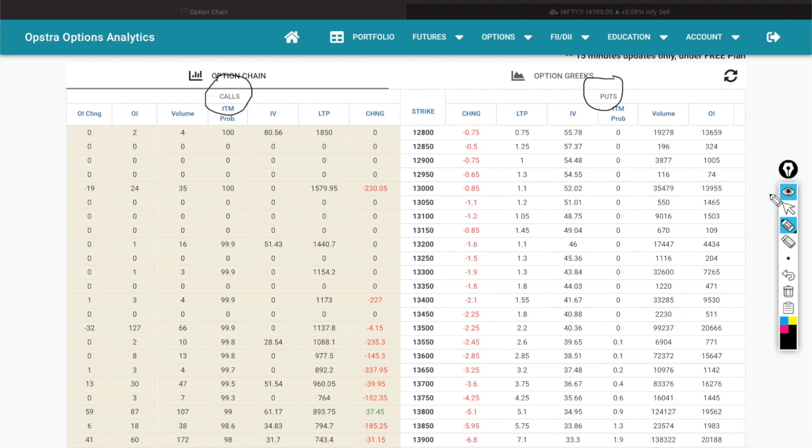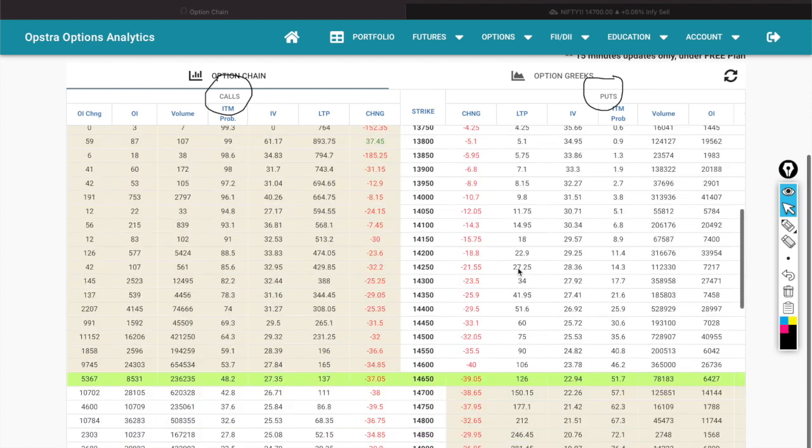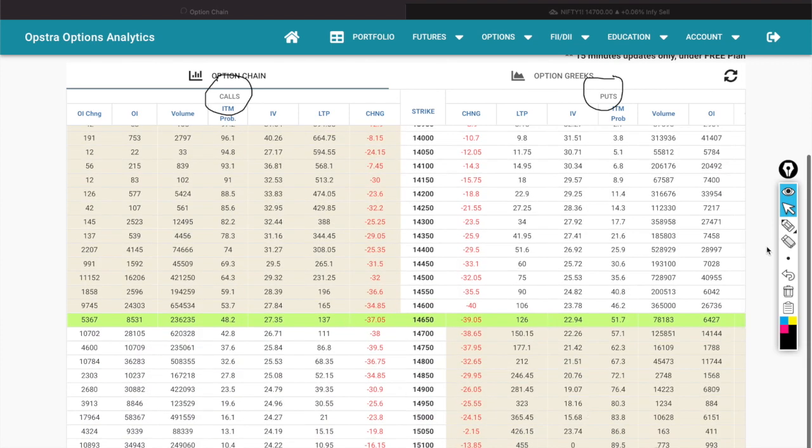After you come to this table, you just scroll down, and after that you will get a green row. This is nothing but the current price of the Nifty, that is 14,650. This is the area where Nifty has closed today. So the 14,650 call is represented here. That is the current price also, you can see, right? This is the current price of the 14,650 call and, sorry, put, and the 14,650 put is here. So this is the price of the put.